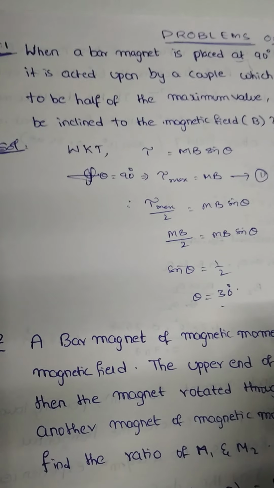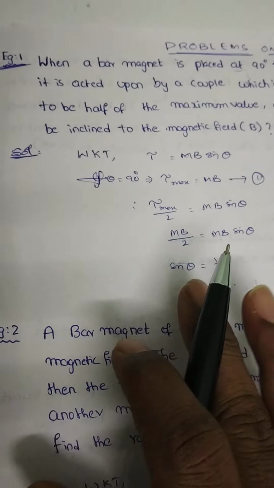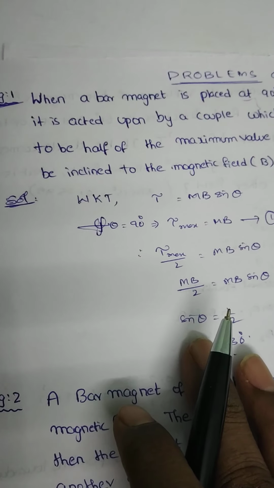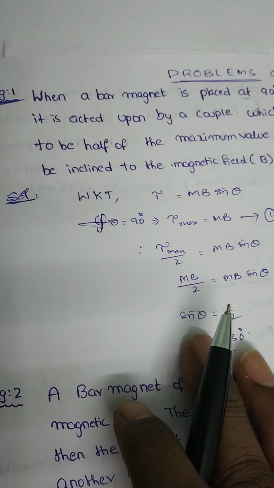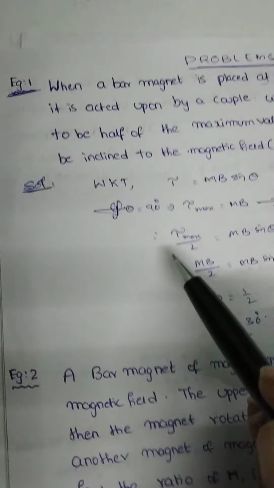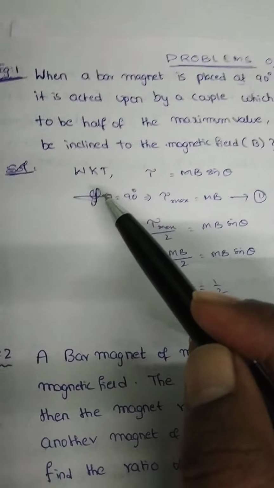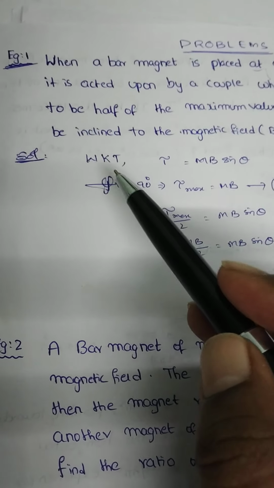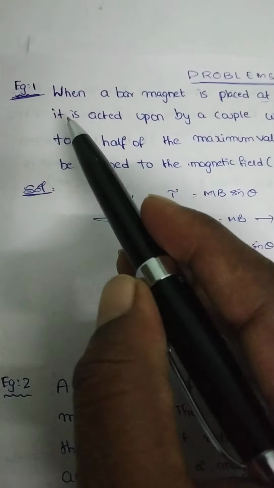In this class, I will explain some problems related to torque on a bar magnet kept in a uniform magnetic field. Some examples. This is the most important concept throughout the magnetism concept. So the first problem is,